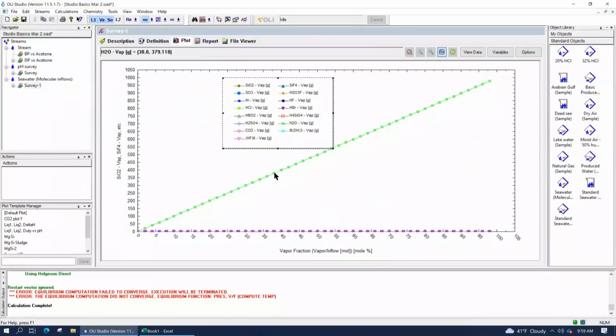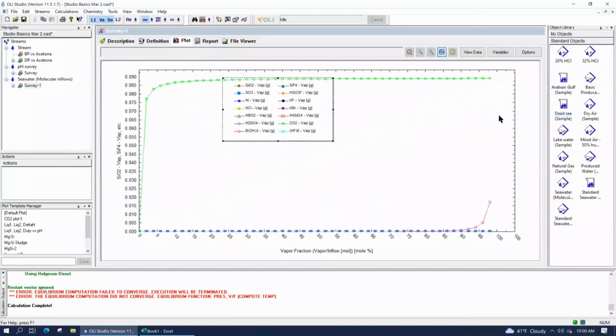Okay, first of all, let me stop. Did anybody have any problem changing this to a vapor plot? And am I going too fast? Am I explaining things clearly enough? Okay, now as you might expect, water is going to be the dominant vapor component. Right away, I told you to add everything simply because we weren't going to distinguish one from another inside the variable list. We were going to decide that on the plot, at the plot level. So I'm going to right mouse click on the water curve and delete it. We don't need to look at the water here.